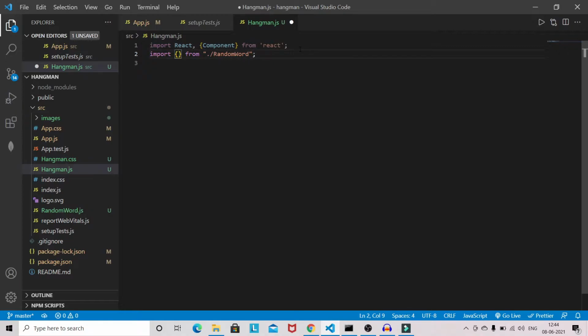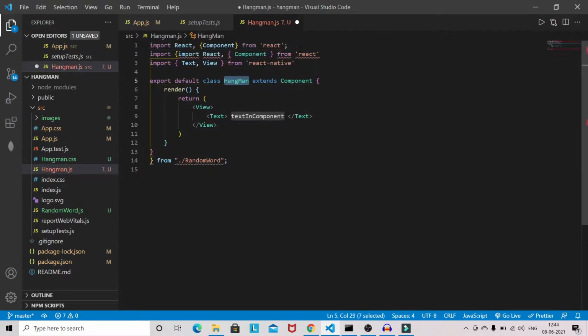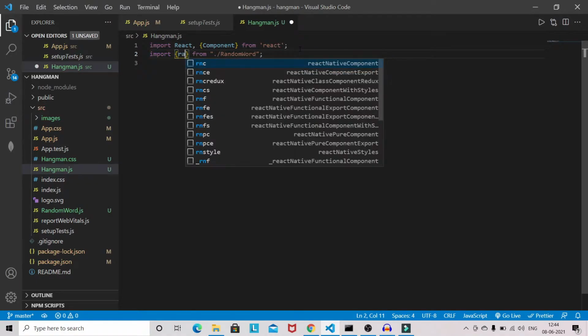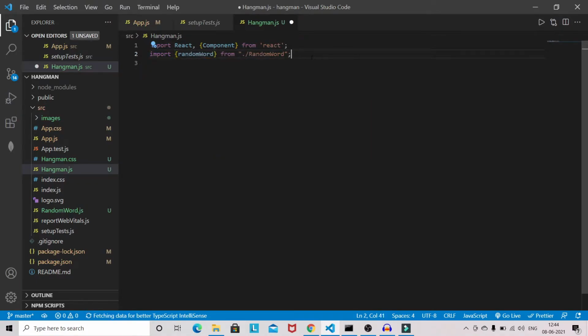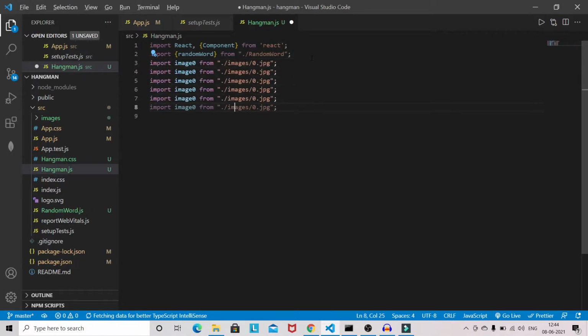So I will import the random word, and then I will import the images. Image 0 from image0.jpg.